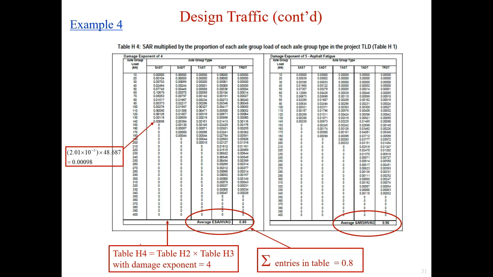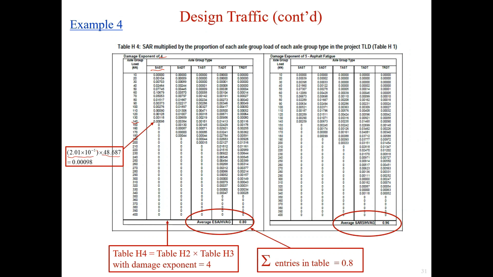For example, for axle group load of 140 kilonewton and axle group type of SAST and damage exponent of 4, the value is 2.01 times 10 to the power of -5 times 48.687. So both values are taken from the previous two tables, table H2 and table H3, and finally we get a value of